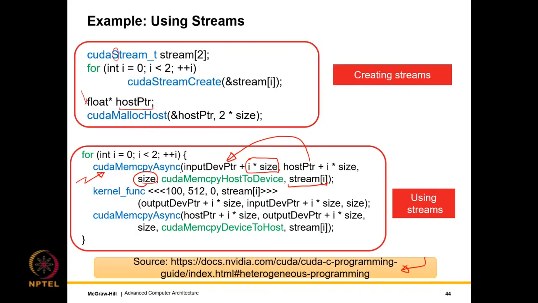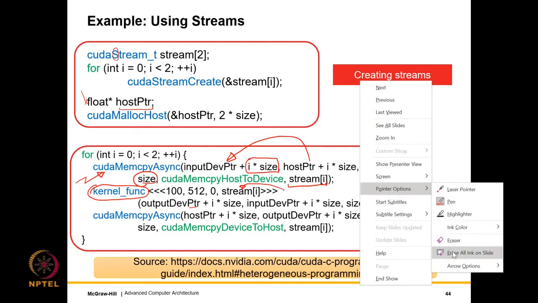So this is being done right at the time of function invocation, that we are saying that look, you transfer it, but transfer it as a part of this stream. Then what we do is we invoke the kernel, and in the kernel it's just a simple one-dimensional kernel, but what we are doing is that we are also assigning the kernel to a stream. So every call basically is getting the stream ID along with it. And then of course we are sending other arguments which are specific to the kernel. So we are not worried about that. But the important point is that the kernel function is taking the stream ID as an argument.